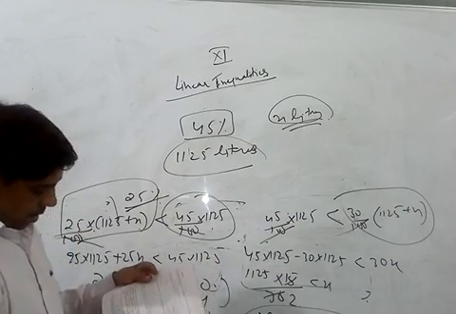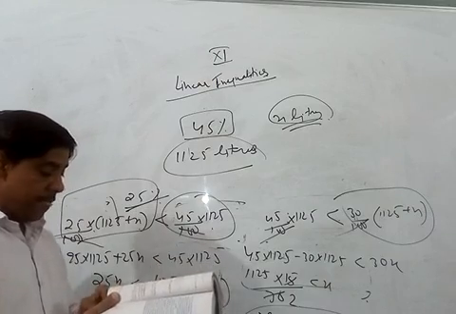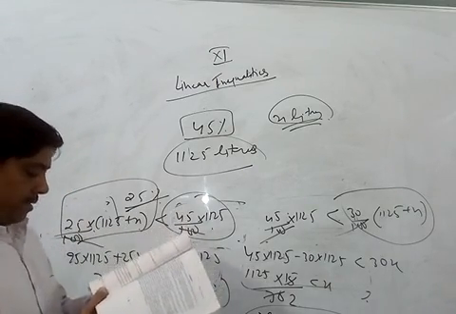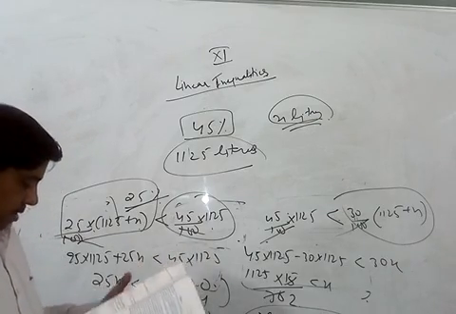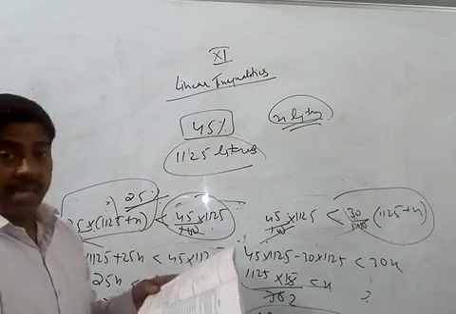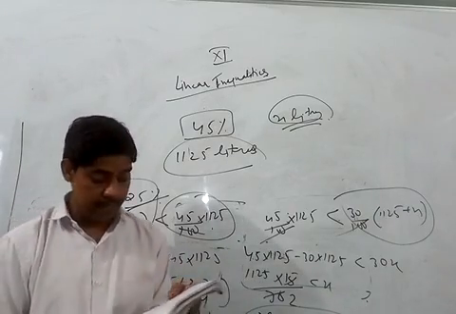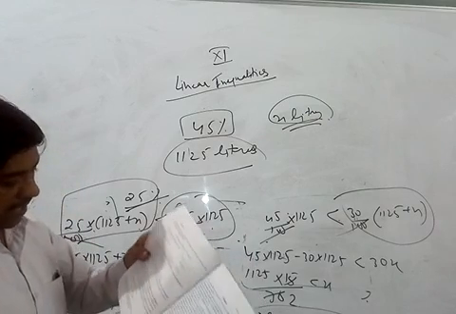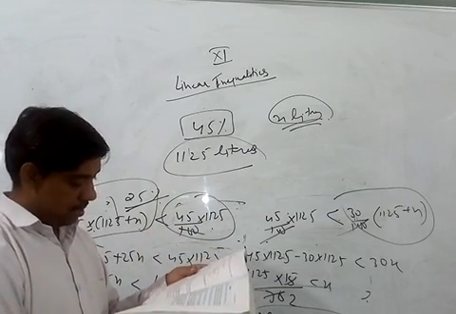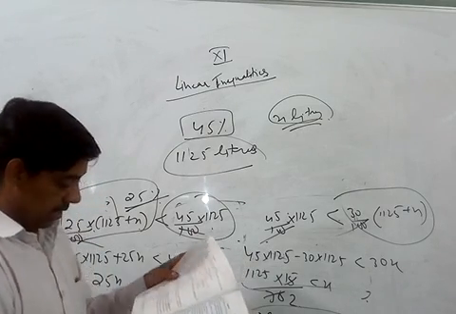Okay. Now we come to question number 14. IQ of a person is given by the formula IQ is equal to mental age upon chronological age into 100, where M is mental age, CA is chronological age. If IQ lies between 80 to 140 for a group of 12 years, मतलब mental age 12 दे रखा है. Find the range of their mental ages for a group of 12 years old children. This is quite interesting.